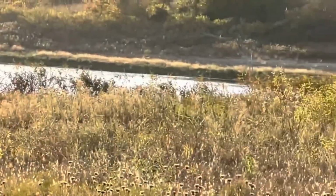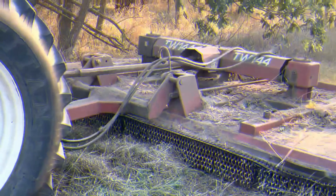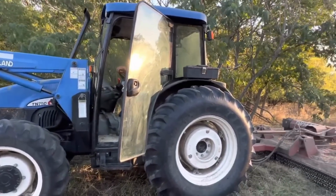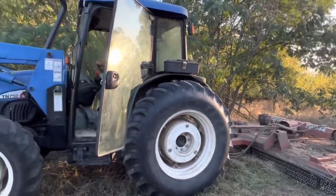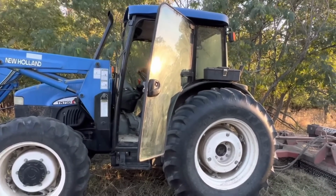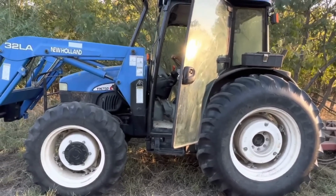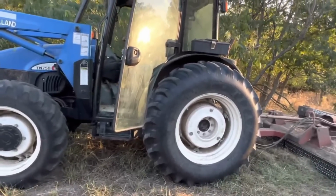I hear Apache over there. I knew he was back over here somewhere. I'll go over and find him. Well, we found Apache. Hey, Apache. You're doing some brush hogging, man. Got that big 14-footer working. We've seen 2 big bunches of elk, Chris and I, out driving around. Yep, they're over in the big pecan grove. There's about 15 and a big bull, and then